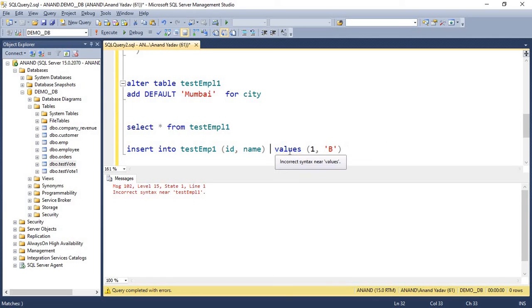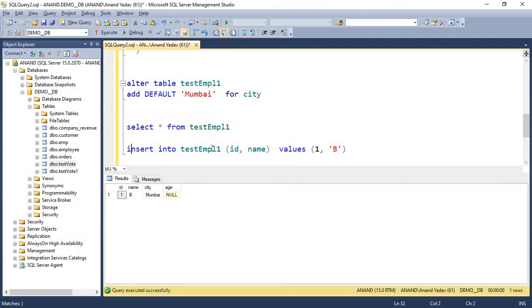I think it's a syntax mistake. The table name is incorrect. Okay, you can see that the default value Mumbai is assigned at the city.